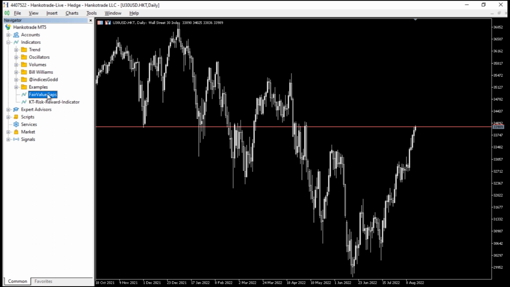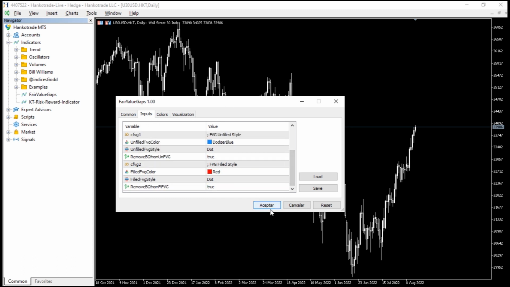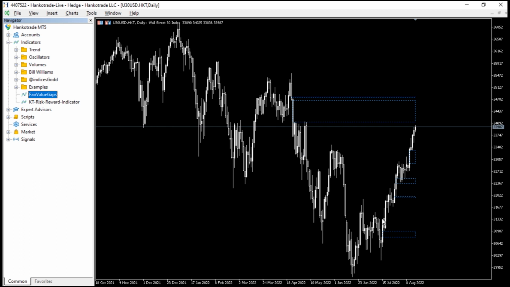But now the indicator is here, right? I don't put the indicator in any folder, so it's here. Okay, just click and drag. I explained this in the other one, so just click OK, and boom,